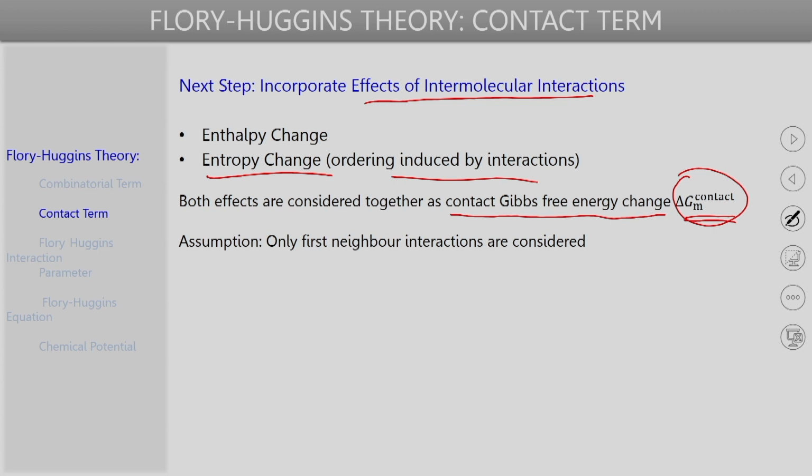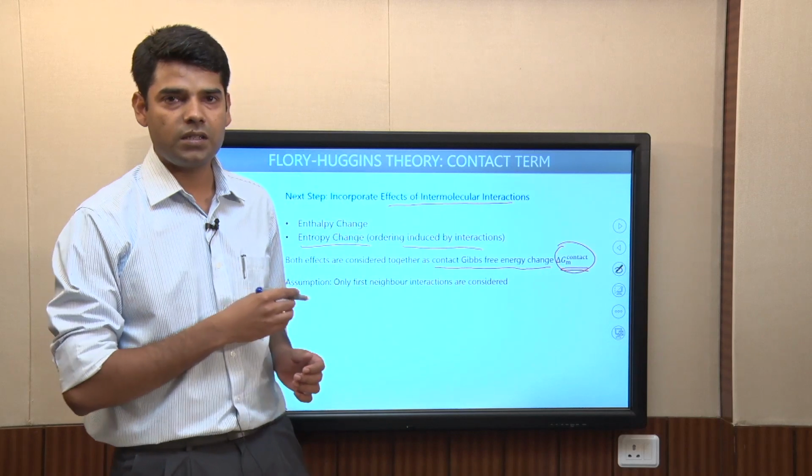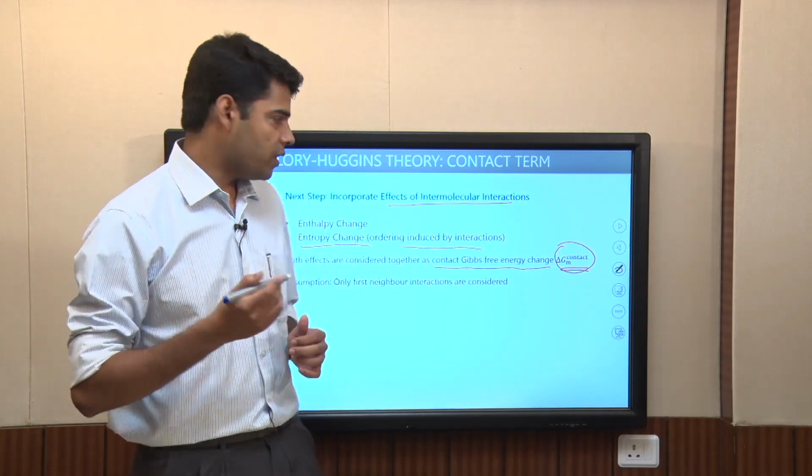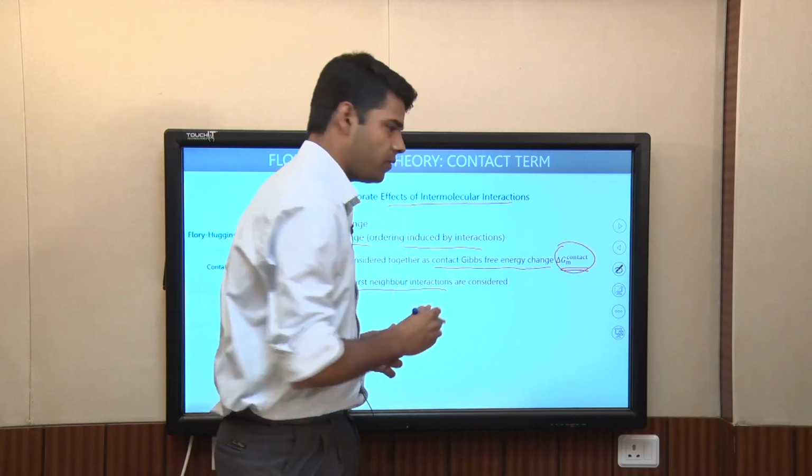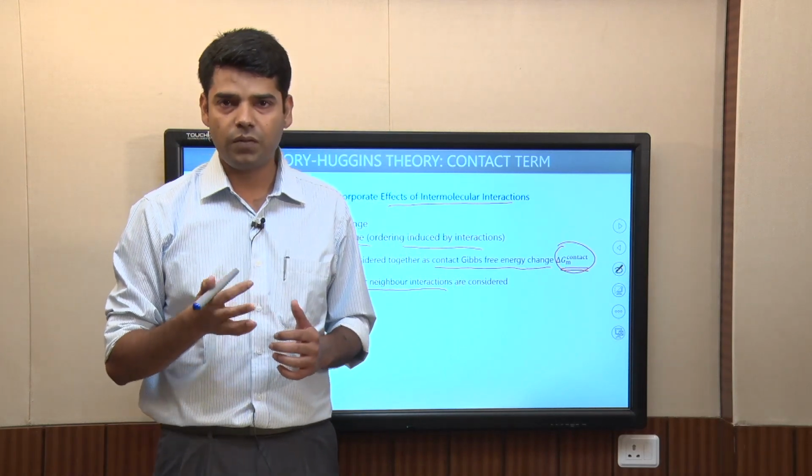The one assumption that we are making here is that the intermolecular interactions we are considering are limited only up to the distance of first neighbors of the molecules. So, long range interactions we are neglecting. In any case, in the absence of any charges in the system, the interactions that are present, typically van der Waals kind of non-bonded interactions, are typically short range. So, this is a reasonable assumption for such systems. If you have long range interactions present, then of course this assumption is not a very good one. But for our case, we will consider only first neighbor interactions, which is a good enough assumption for short range interactions.